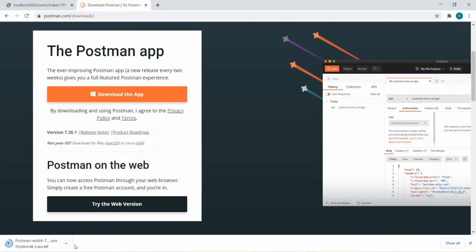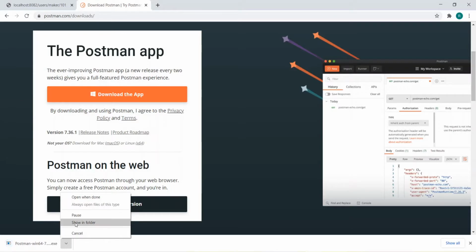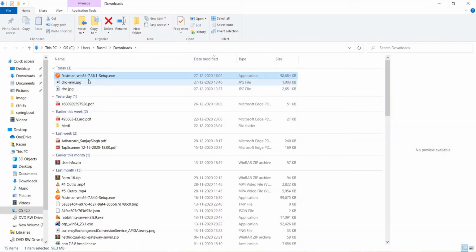For the installation we just need to click the executable file. Let me show you. Go to the folder, and this is the Postman setup. From childhood, when we started learning the computer, we have been executing this kind of setup, right? So if you select this,